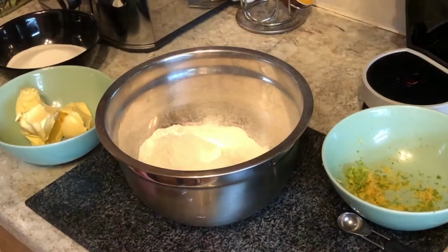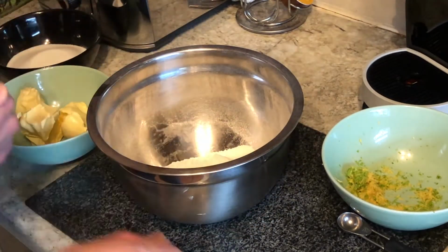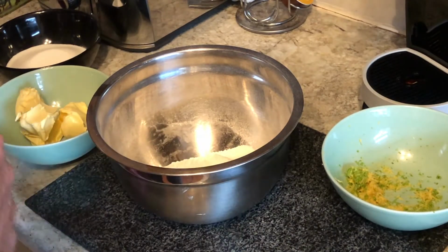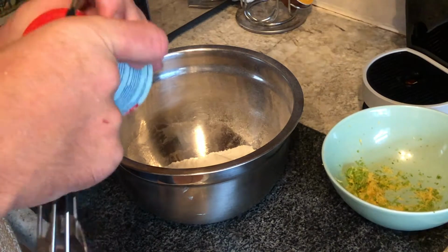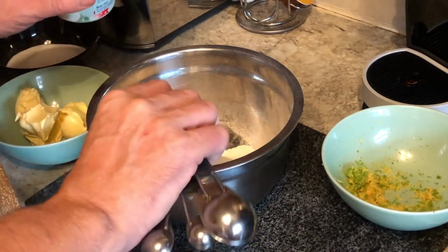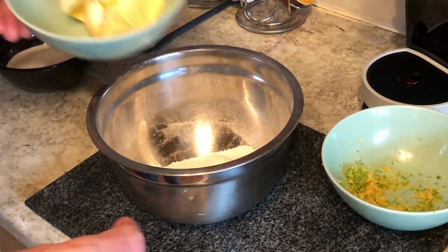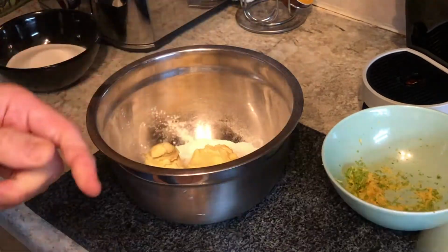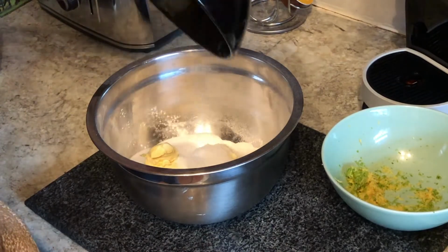Okay, so what I've got here is 175 grams of self-raising flour. Into that we're going to put 1 teaspoon of baking powder. When I open it, there we go. Teaspoon of baking powder, there. 175 grams of butter, 175 grams of caster sugar,